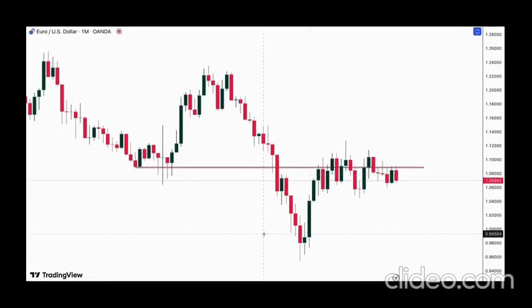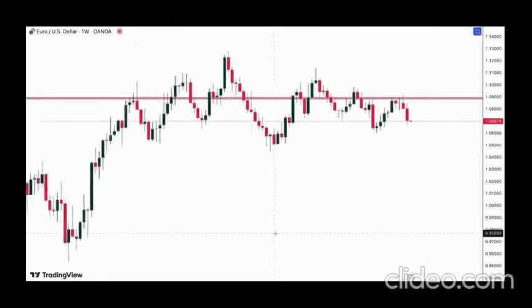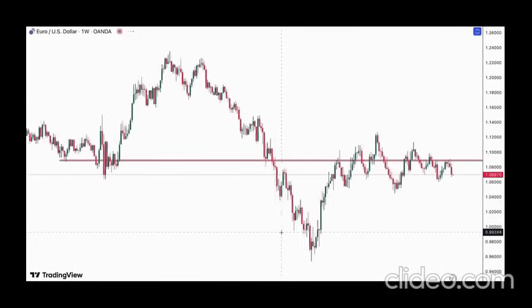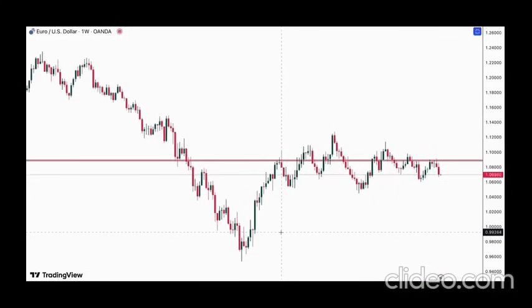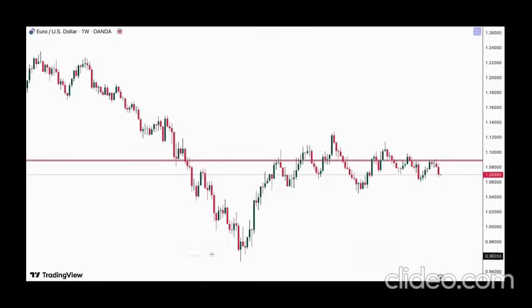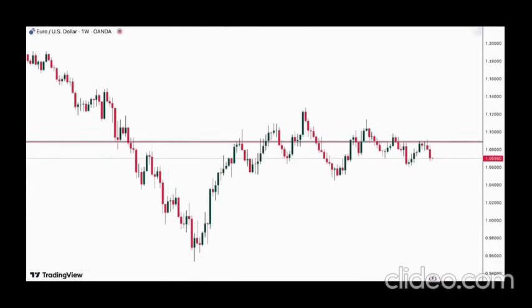So let us see on the other time frame, guys, how the market displays its view. So let us go on weekly time frame. Let us see what we have on weekly time frame, guys. So this is on weekly time frame, guys. As you can see, the market made some, this is like a very big